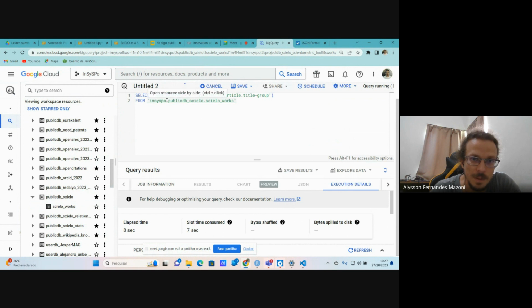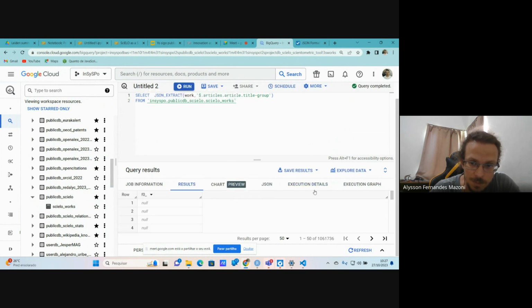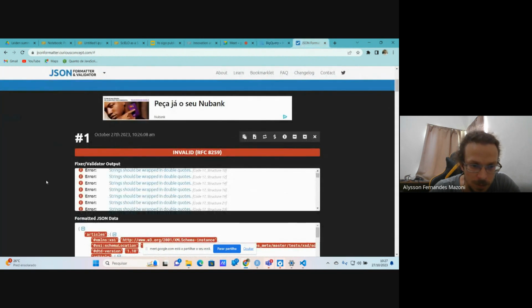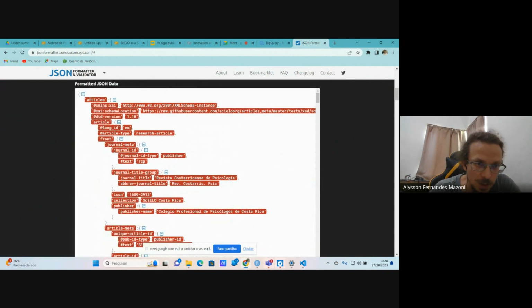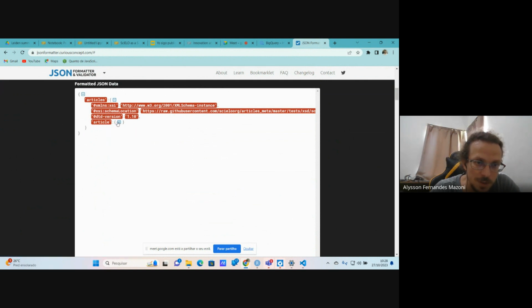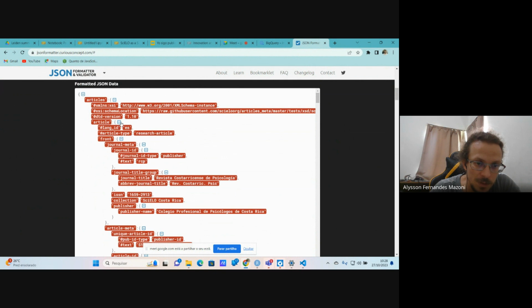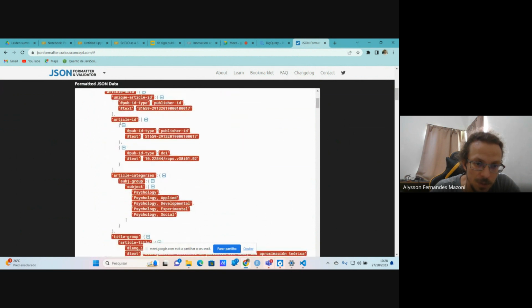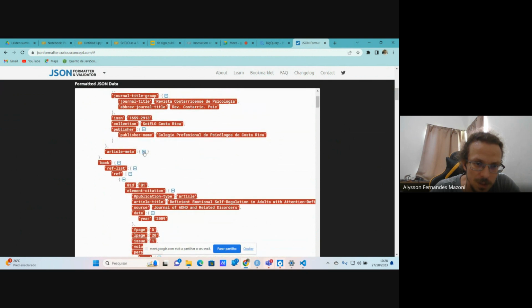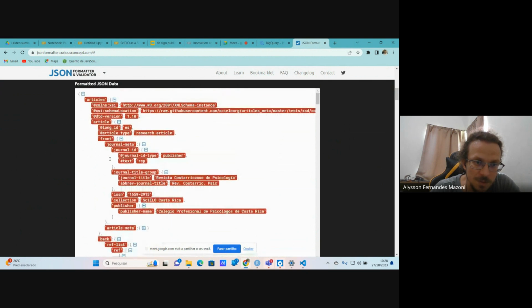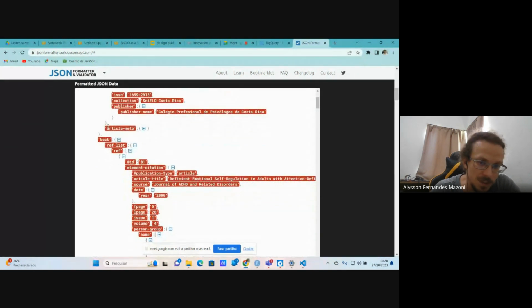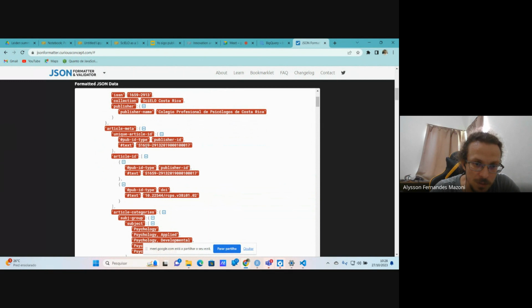And what is it doing? It is looking through all the Scielo works table, the column work, and looking for title group. Well, it's not title group, the name. That's why I got everything null. But inside articles, you see you have article. You can hide and show using this click. That's why these tools are interesting. You have articles and then article, and inside article, you have article meta, because this is the front material, right? The back material will be the references and so on. So inside article, you have article meta,